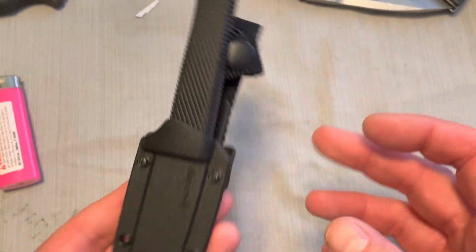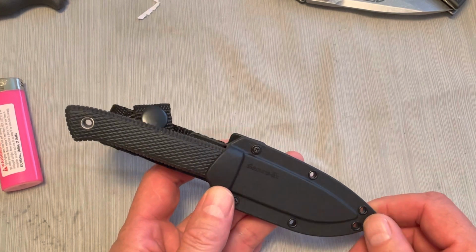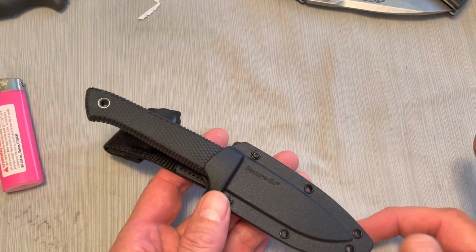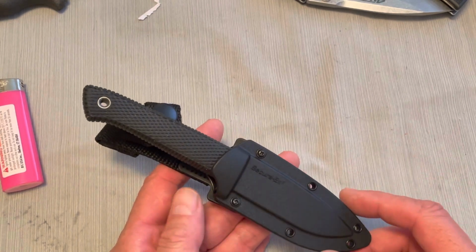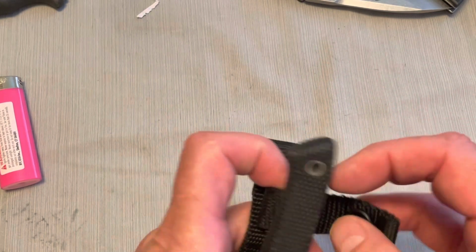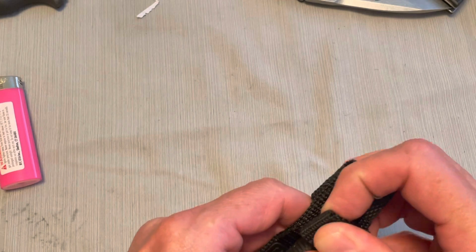So as a hunting knife, it would be just fine. You can clean a deer with this knife pretty easy. Clean it, skin it, whatever. You would want a sharpening stone because, like I said, OS 10 doesn't hold the edge forever. But it works. And then you have this little button strap on here to give it a little extra security,